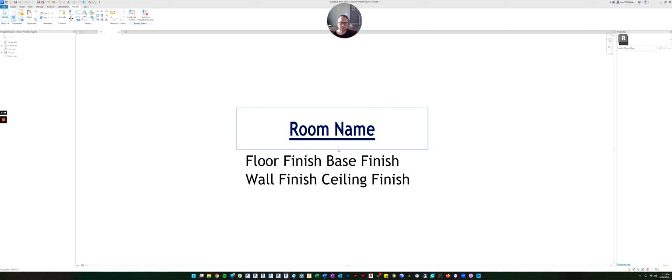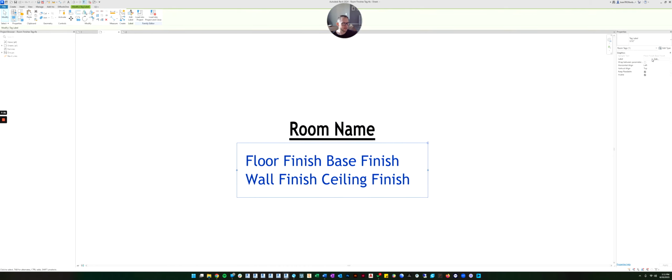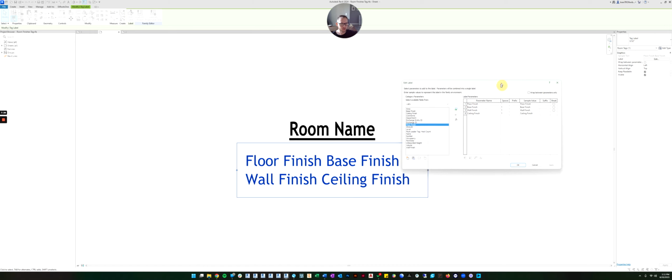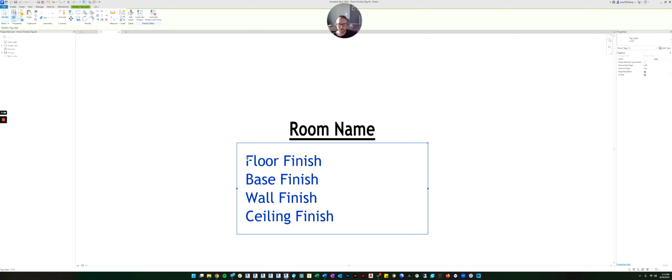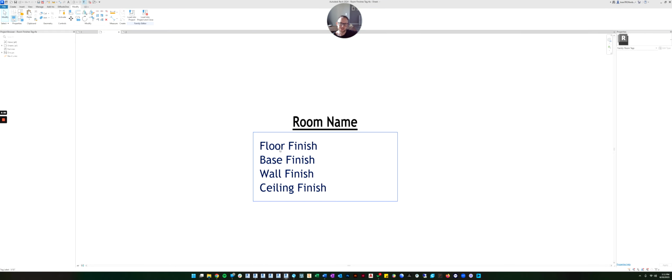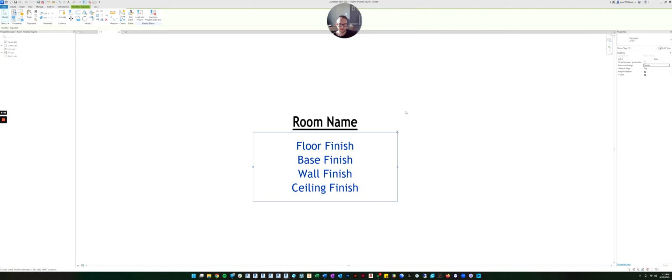That might be nice. The other thing we can do is edit the label again and see what other options we have for formatting. Right now, it just takes this parameter value and sticks the next one after it, one right after another in a chain. But wouldn't it be nice if there was a separate line for each different finish? So let's do that. If you hit the break button, it will separate each finish into its own line. Now that I've done that, maybe I do actually want it to be center justified like that. That looks a little better.